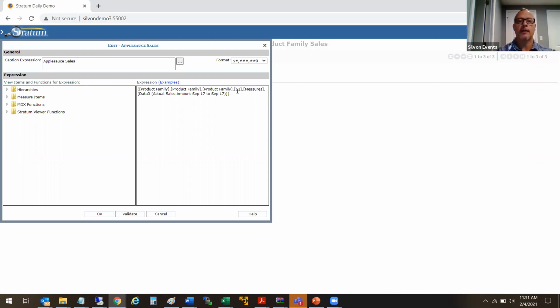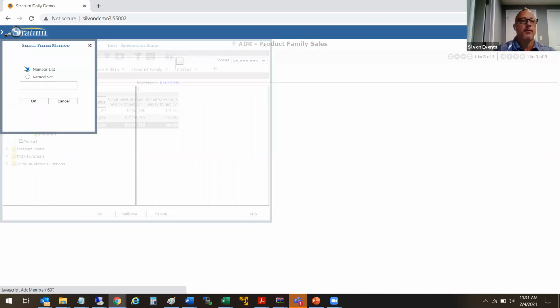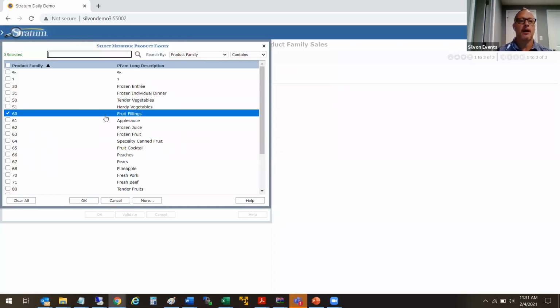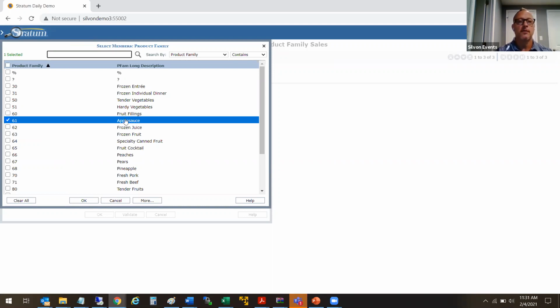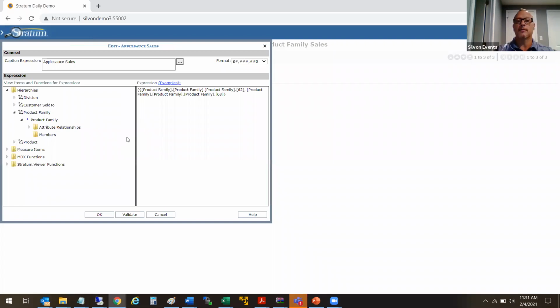If I were to build this over again, that's product family 61. I could start my open paren on that because I do have to encapsulate those, and I can go grab my product family, and it could be really any product family you want to use here. So now I'm actually going in and selecting what product family I want to use. Maybe applesauce, frozen juice and frozen fruit. They could be similar or like products. Or if I just was going to use one,